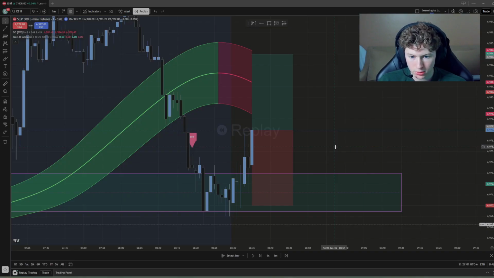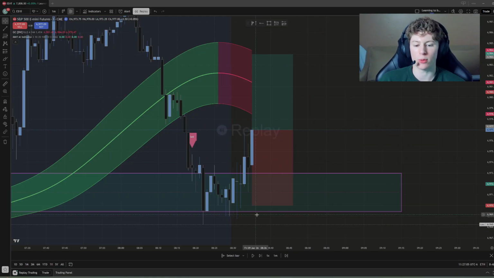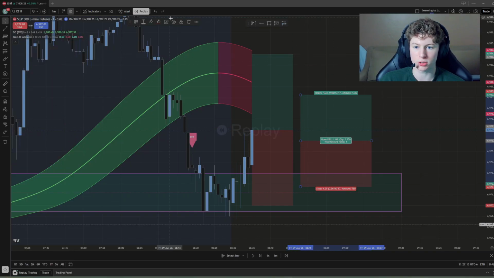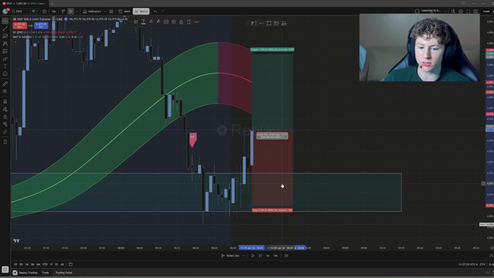Entry off of that close. Now our stop loss, I would recommend 7 points. So what you're going to do is get this tool right here, long position. You're going to select it, boom, long position. I don't need a second one, but long position, and where it says stop and then that little number next to it, 7, that's going to be a 7-point stop loss. That's what I would recommend.